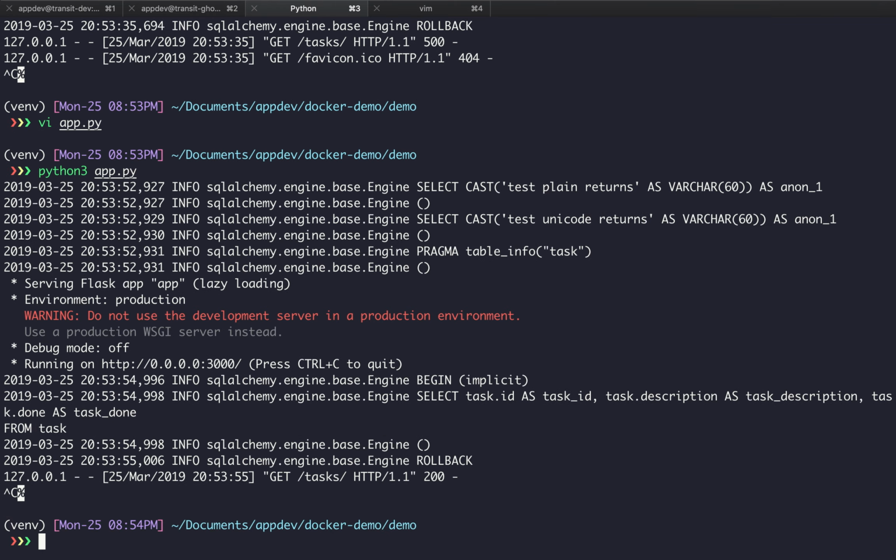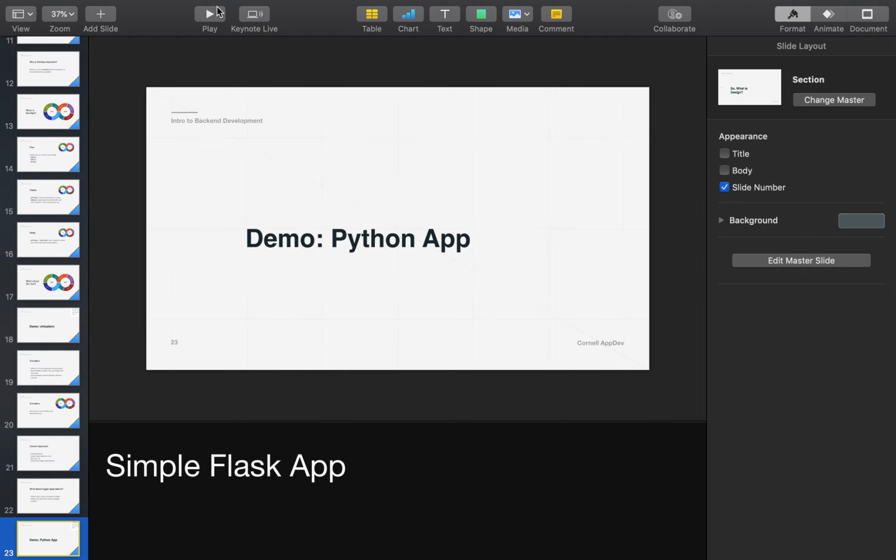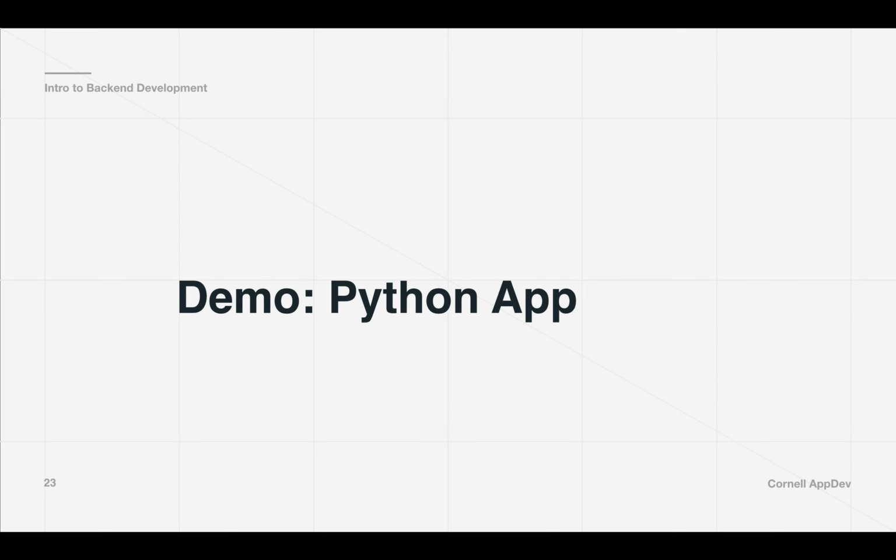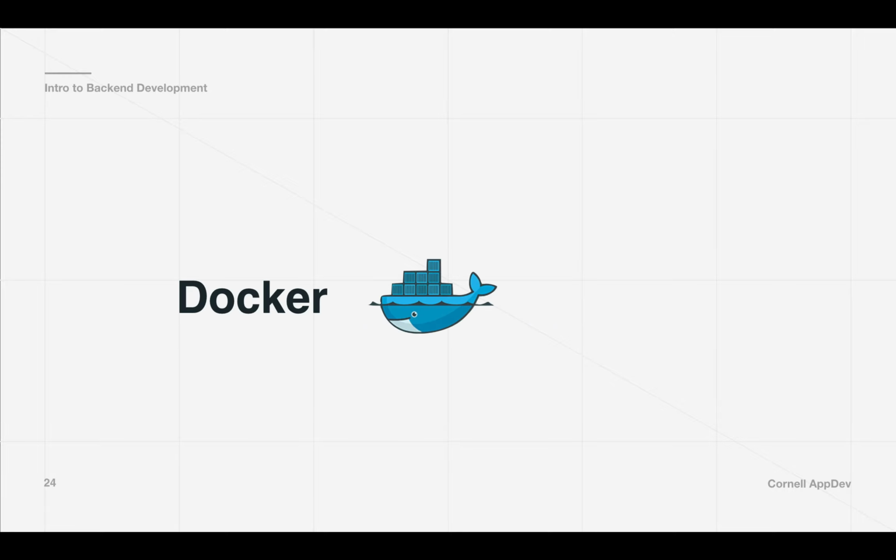And so now this actually ends up being more difficult to hand off, right? Because now we have this added installation. So if someone were to try and reproduce this, like they just got a new computer, or we are trying to deploy our code to a server, for them to reproduce this, now there's more steps, right? They have to install Python, now they have to install SQLite, and as apps get more and more complicated, this process also gets more and more complicated. So does anyone have any questions before we go into Docker?